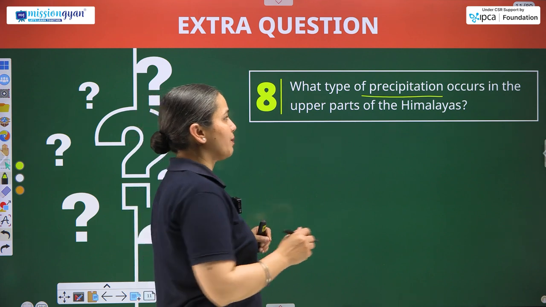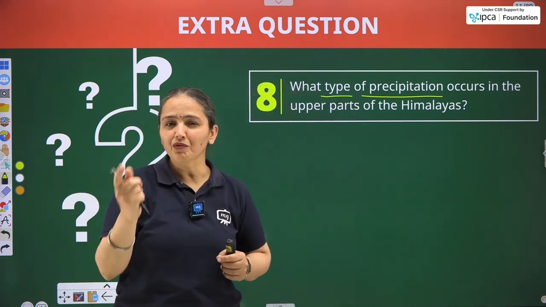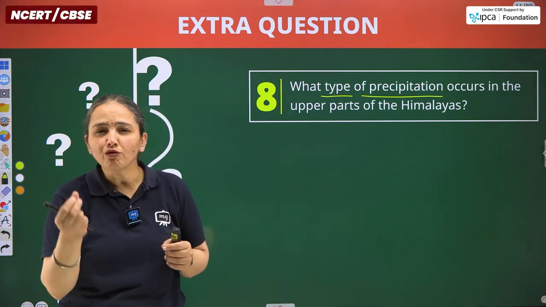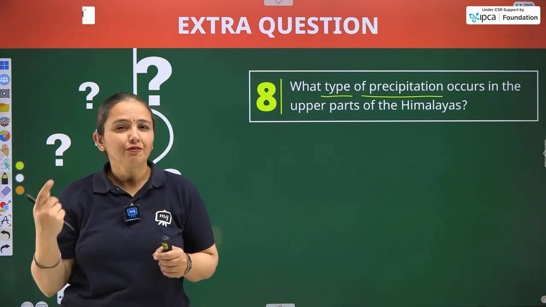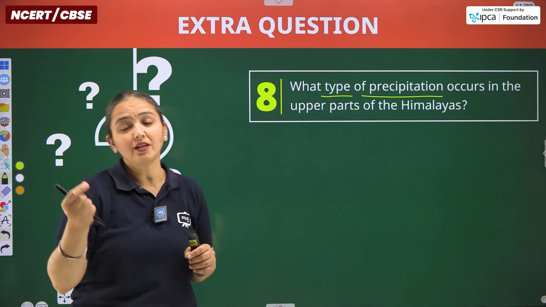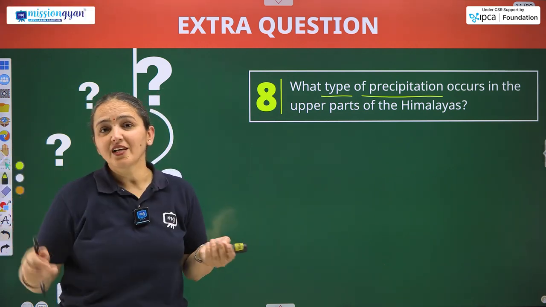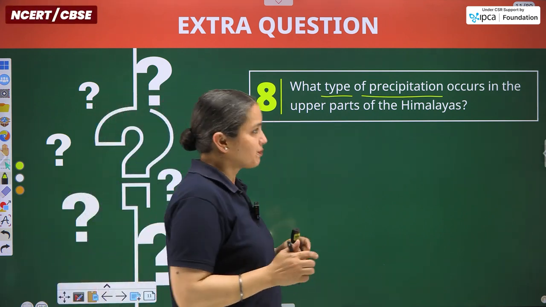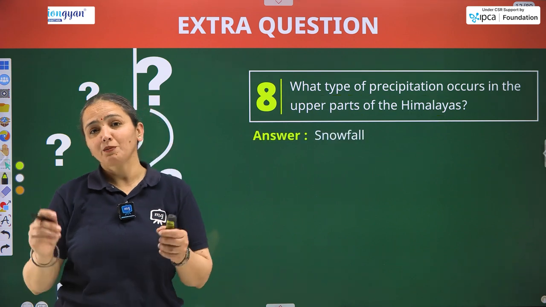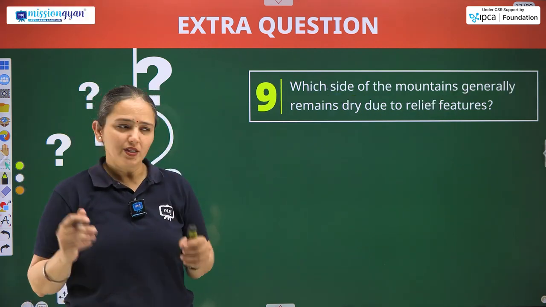So hereby we are talking about which type of precipitation. As there are 3, so within the liquid, rainfall, drizzling occurs, and within the semi-solid, we do consider the snowflakes. So that can be in the form of snowflakes only, but not the heavy snowfall we are talking about. And in the solid, of course, these snowflakes are going to deposit in the layers and going to solidify. So what type of precipitation occurs in the upper parts of the Himalayas? So upper parts of the Himalayas experiences snowfall. It can be heavy, it can be light. It depends on the particular season.